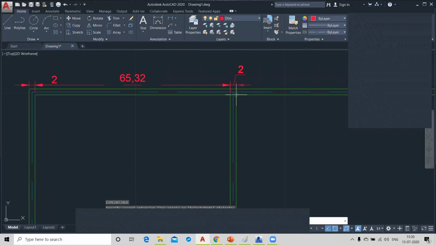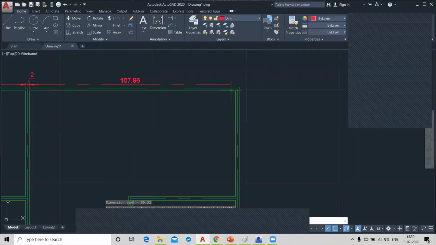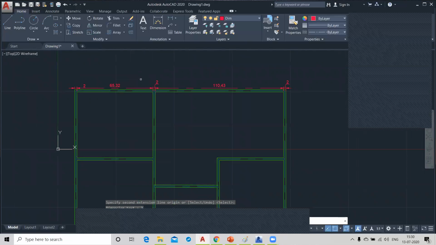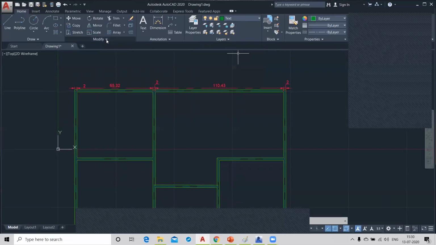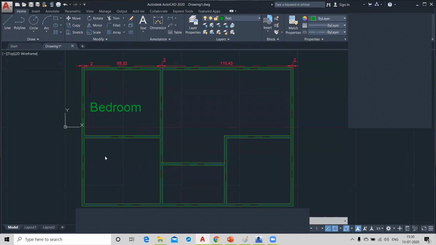So you can see each and everything will be shown to you differently. Now if you want to specify a text, you can choose your text layer and activate the text, and you can write the text here. Bedroom. Right? And click here.